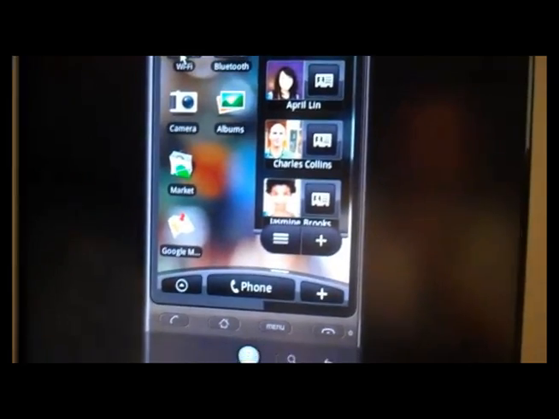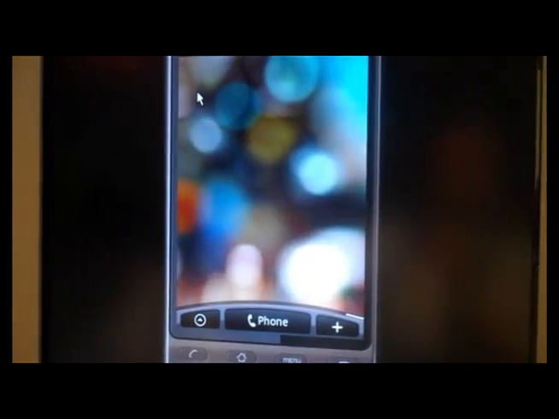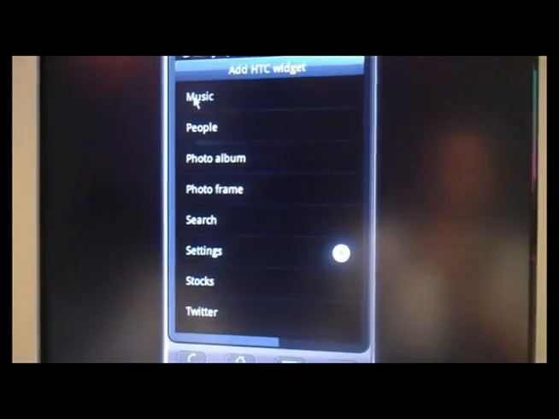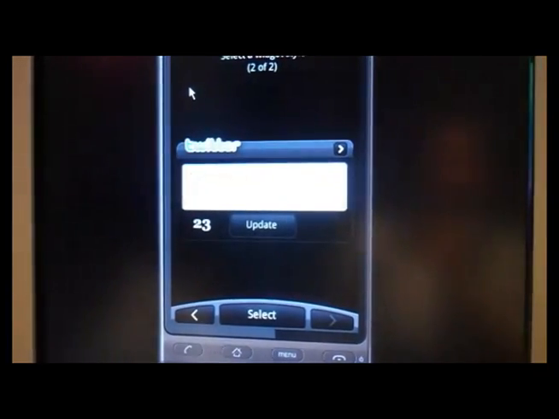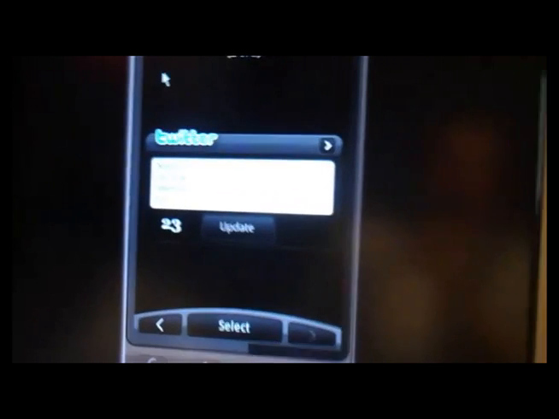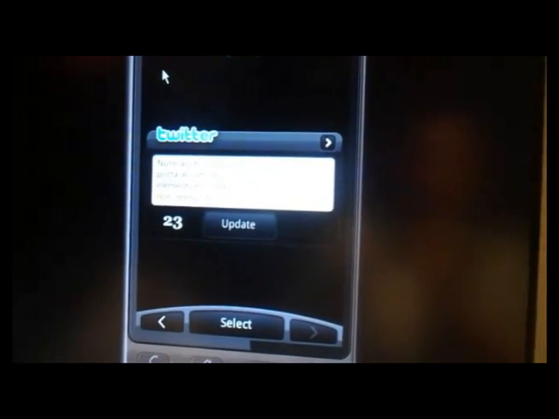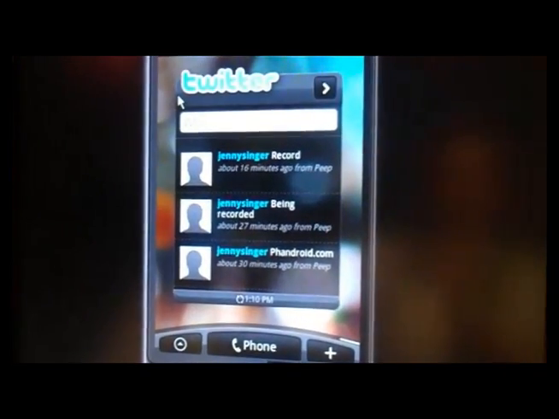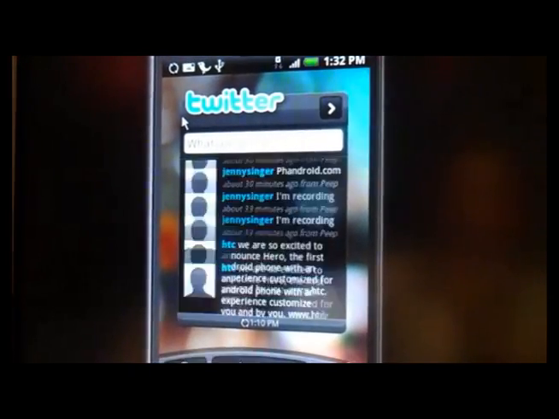So if we go to, do you use Twitter? Yep. So Twitter, I've got a blank screen, so let's add Twitter right now. So I can see Twitter this way, or I've got another view to see it. Oh wow. So you can actually choose the widget as well and how you experience the widget. I'm more of a visual person, so let's go with this. So it's there. So now with Twitter, I can see what everyone else is doing,